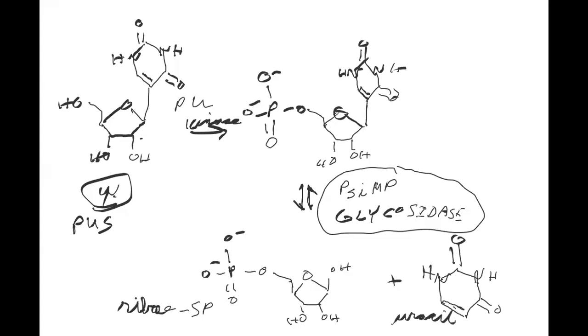Okay, so that's how we metabolize pseudouridine into uracil and ribose 5-phosphate. Okay, now what I want to do is talk briefly about the methylated